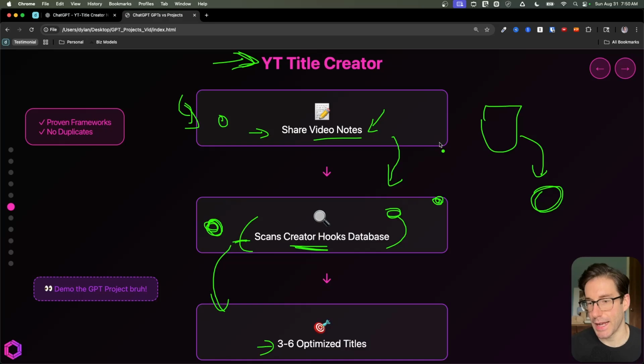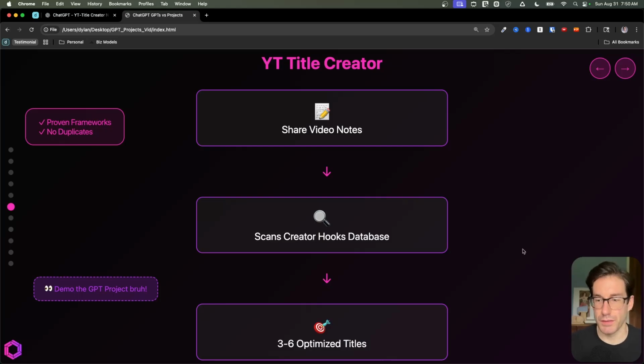So anytime that I ask the AI a question, it's going to refer to this massive database that I scanned. It's going to check and see what are the best frameworks that I've used. And it's also going to check a persistent file that I've always added to over time of titles I've already used. So it's going to make sure that whatever it gives me is something that's net new, not something I've used, and it's proven to work in this framework database. So it's a pretty cool flow. It works very well. And it's just one of many GPTs I've created. Like I said, I have 71 of these.